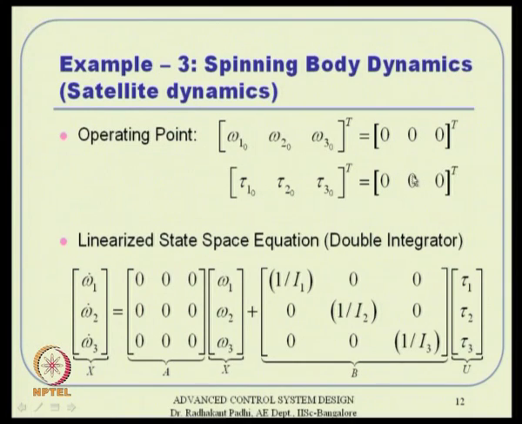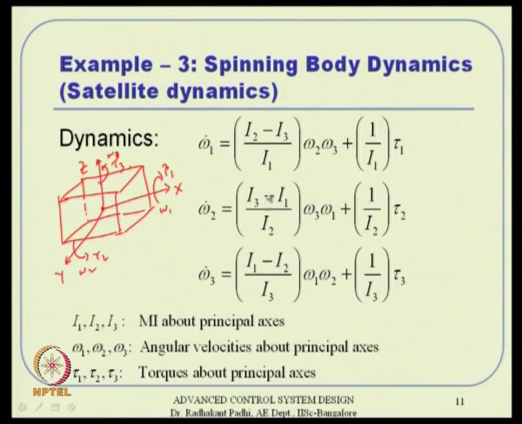I mean if it is a good control design, then after the tumbling is arrested I still do not need any torque actually. So, it should happen that way. So, that is a good pair to work with actually. So, this is your x0, this is your u0. Now, let us try to apply the formula, whatever formula we have, and that the A matrix is